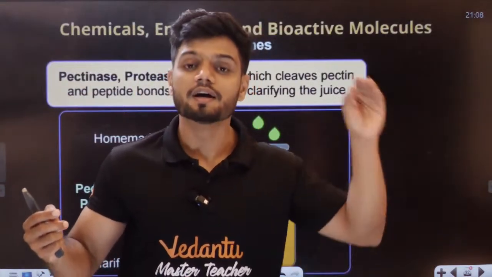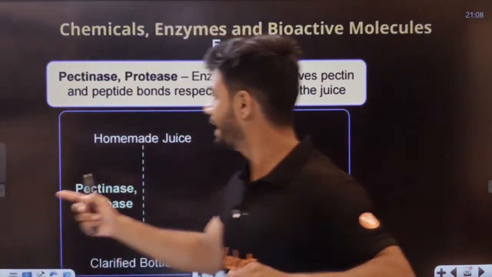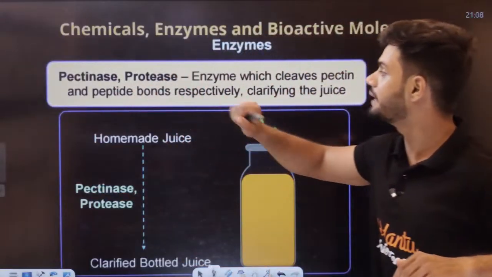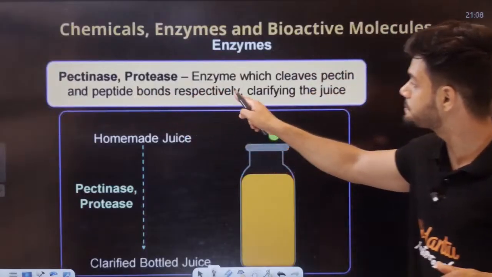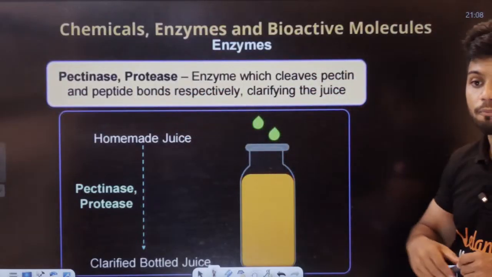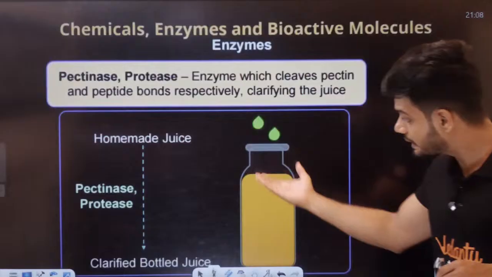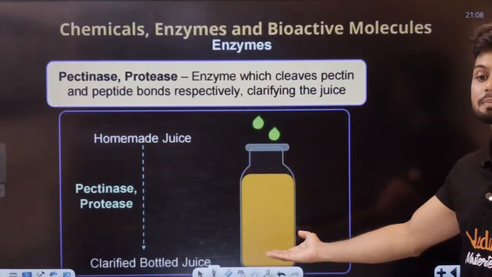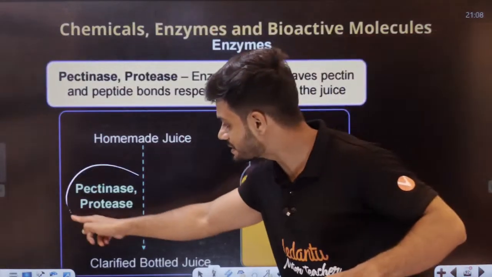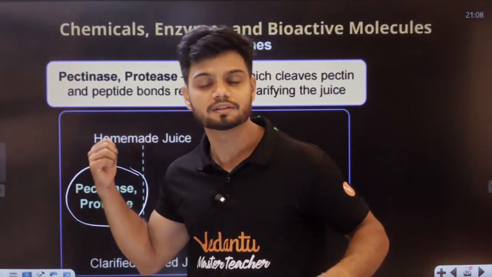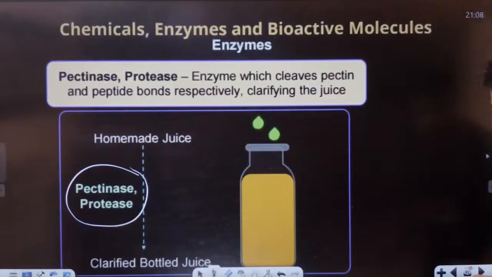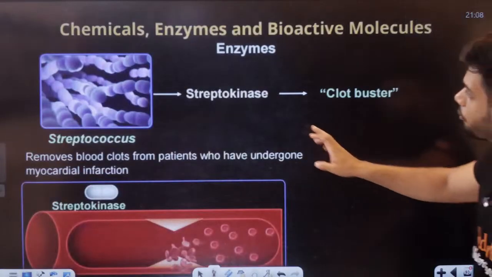Why? Because, students, in fruity and all, they add pectinase and proteases. Enzymes which cleave pectin and peptide bonds respectively, clarifying the juice. So the fruity and all becomes very clear. That is, it becomes clarified. Because of the pectinases and proteases, the juice becomes clear. They are obtained from microbes again. Okay. Now students, what about